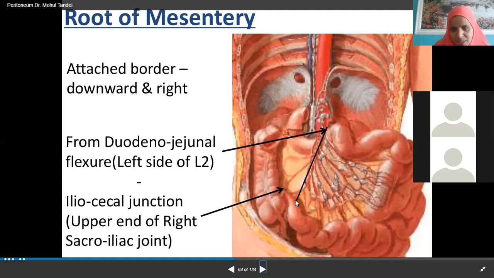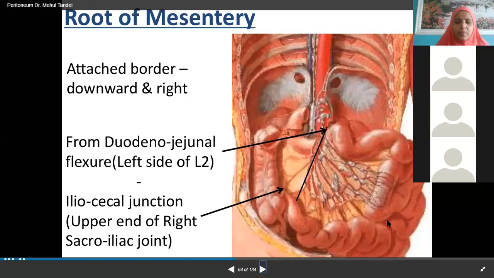Whatever is there which is freely floating along. What is the length of the small intestine, Lokesh? If you uncoil this and if you measure these coils, jejunal and ileal coils, how much are they measuring? 5 meters. Yeah, very good, 5 to 6 meters. So obviously the free margin of the mesentery is also the same length. Okay, it is around 6 meters.